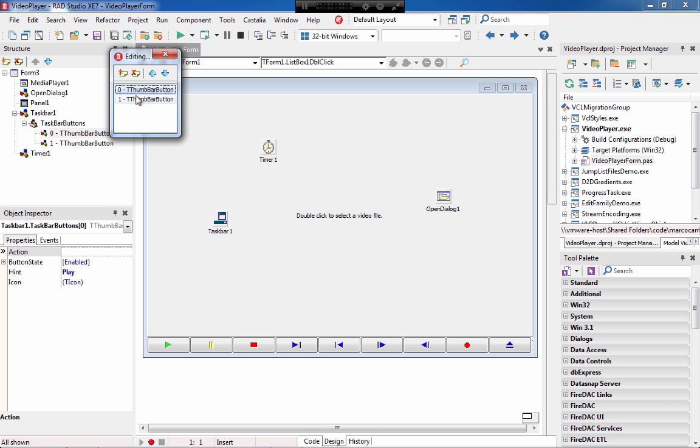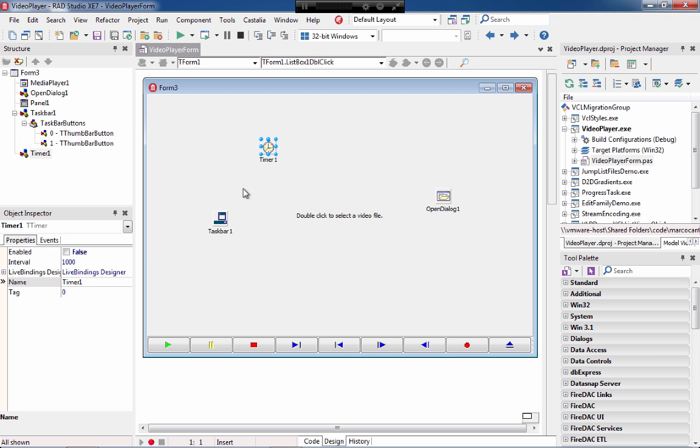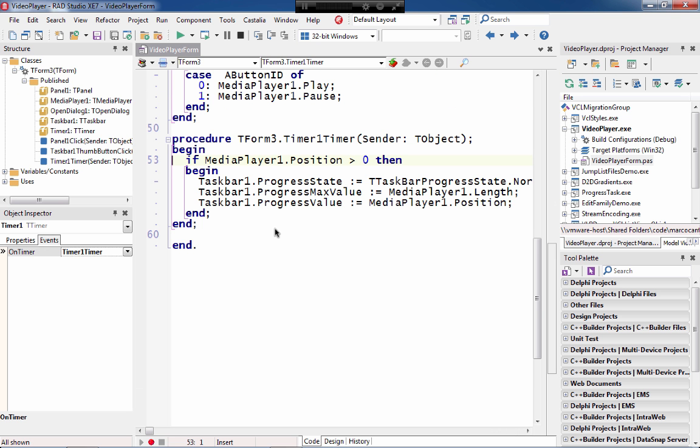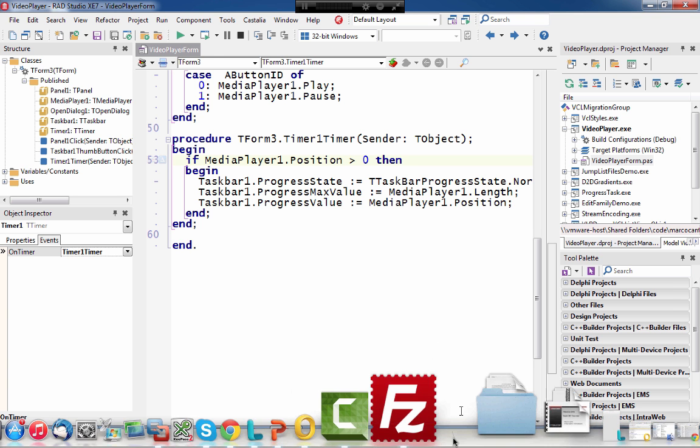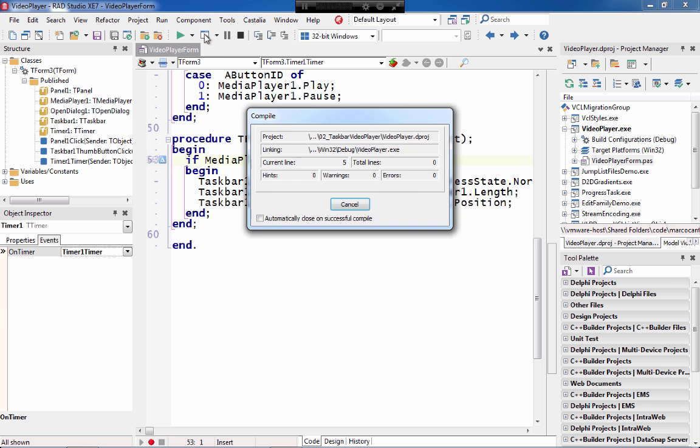In this case, there are 2 buttons for playing and pausing the flow. What this application has is also a timer, and on the timer event, it will update the progress status. So if I turn on, well, let's do it this way. If I run this application,